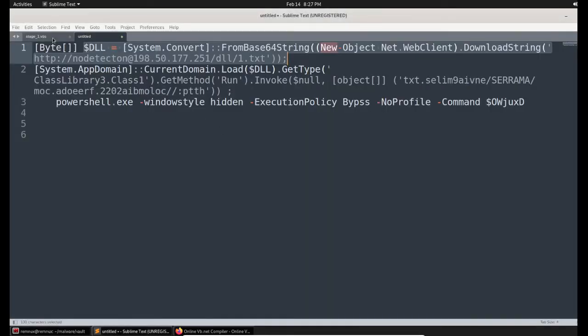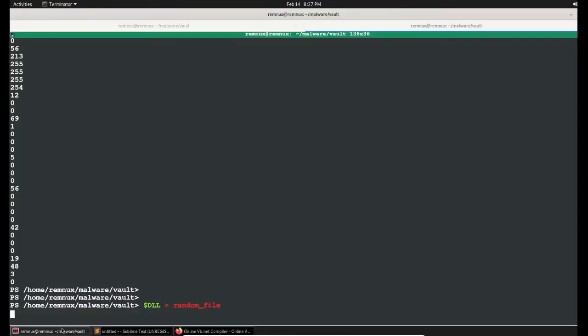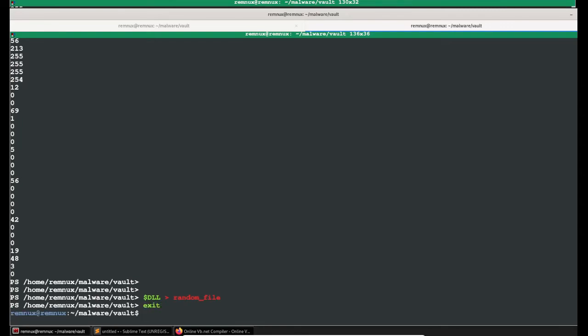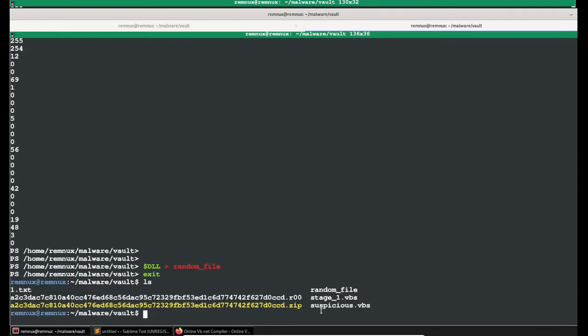It is still going. Now it is done. Let me come out of the PowerShell prompt. If I look at the current folder, I'm able to see a file called random file.